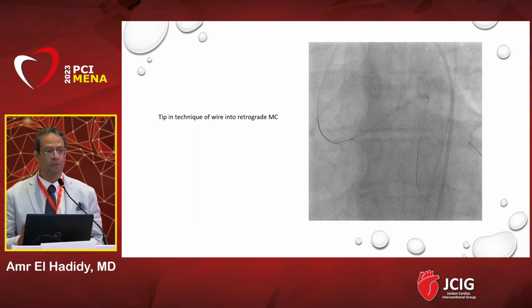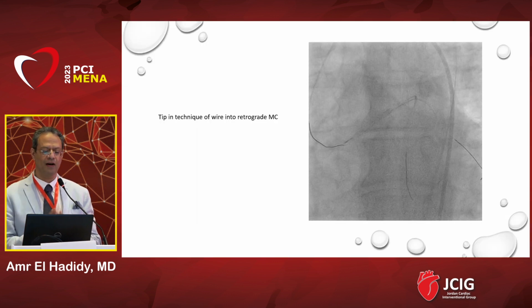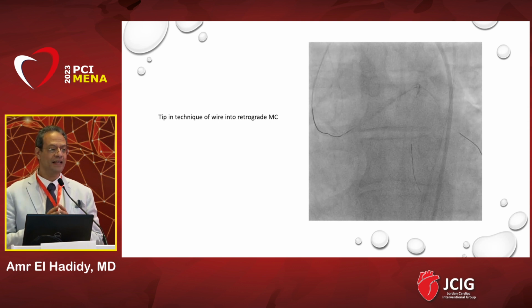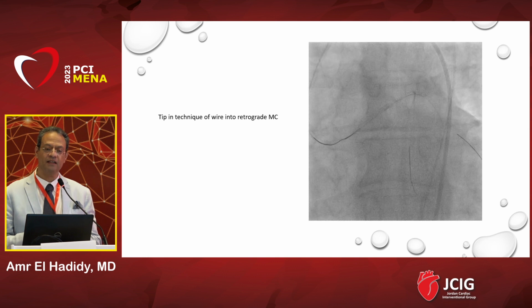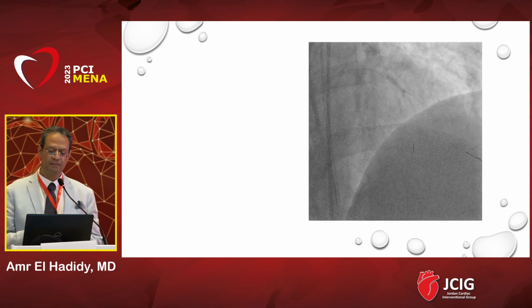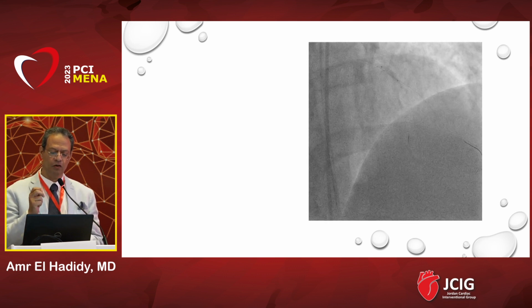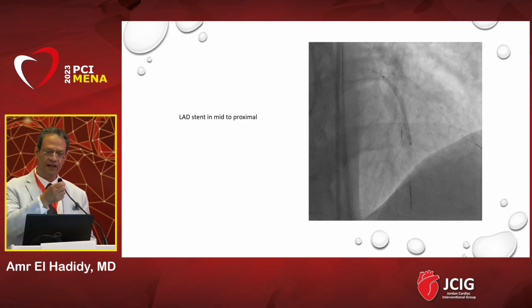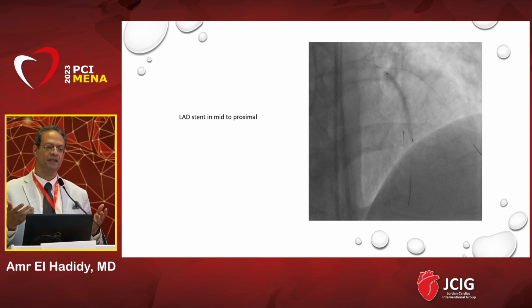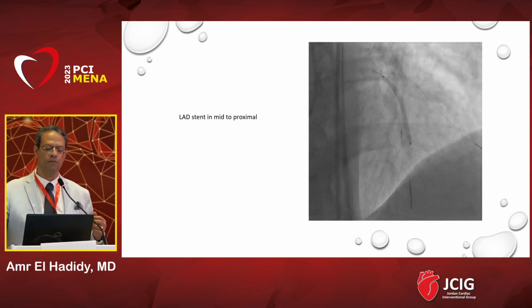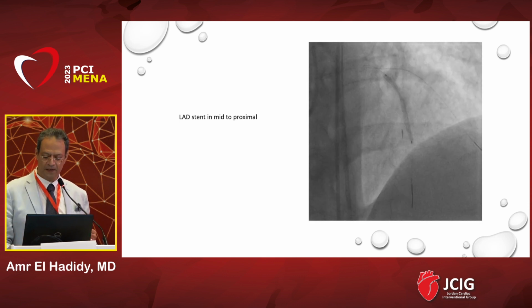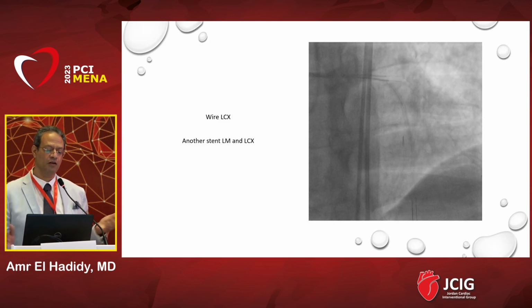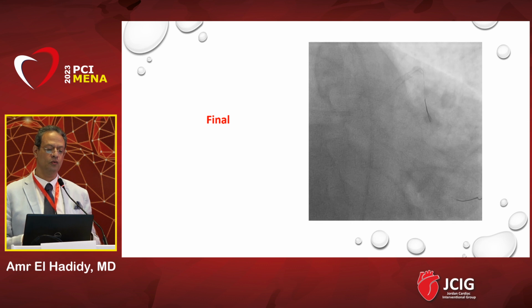So one of the most important points is the recommendation for collateral passage. Please, this is based on expertise. If you're a beginner, you can start with septal only, sometimes controlled tracking of your wire. If you have more experience, you can use the septal with surfing, as we mentioned. If you have more experience, you start with the easy epicardial, and then the more expert can use the complex epicardial one. So my take-home message is that sometimes retrograde is the only option,